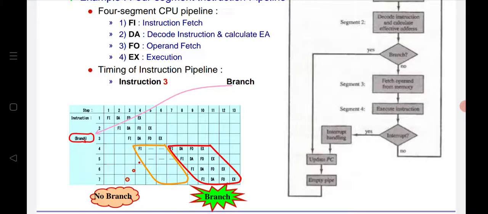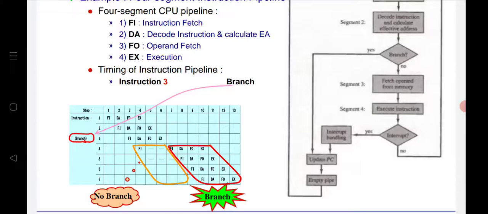Okay. In the fourth clock pulse, the first instruction will be executed, the second instruction will be operand fetch, the third instruction will be decoded and its effective address calculated, and the fourth instruction will be fetched. Now, if there is no branch, this will keep repeating for all the clock pulses. Whereas if there is a branch, suppose the branch occurs at the fourth instruction, what happens is